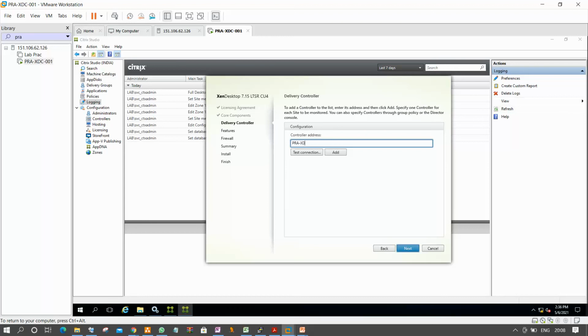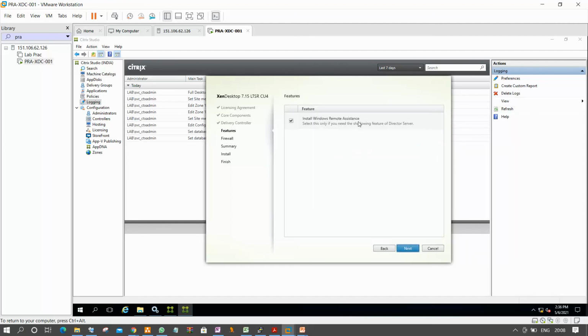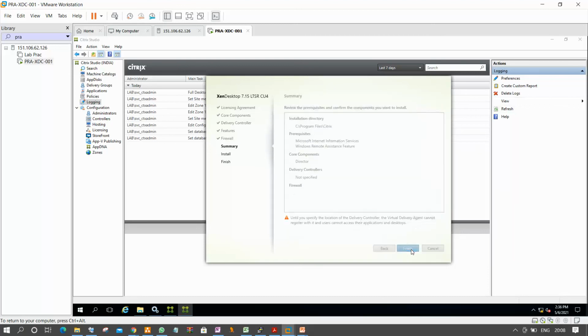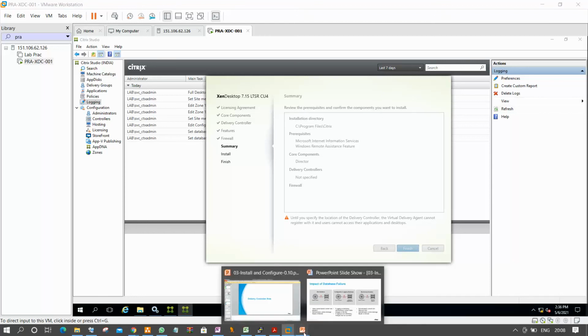PRA-XDC-lab.com. Click test connection, successfully running. Add, next. Install remote assistance, which we use for troubleshooting purposes. Next, and it will show you the install screen, and you can click install for the delivery controller role.